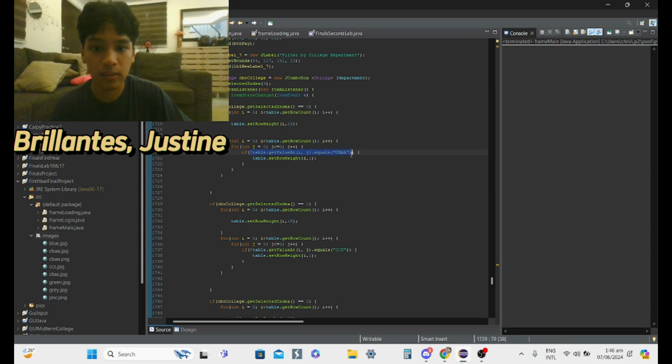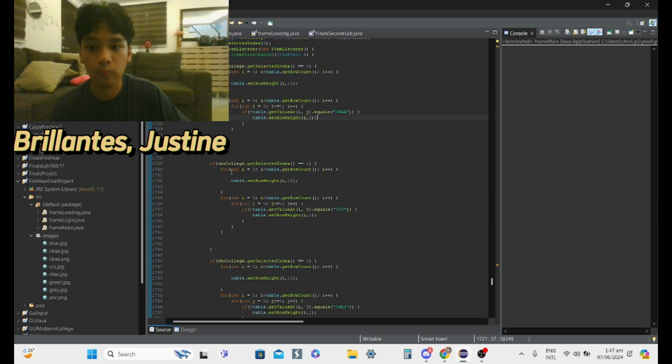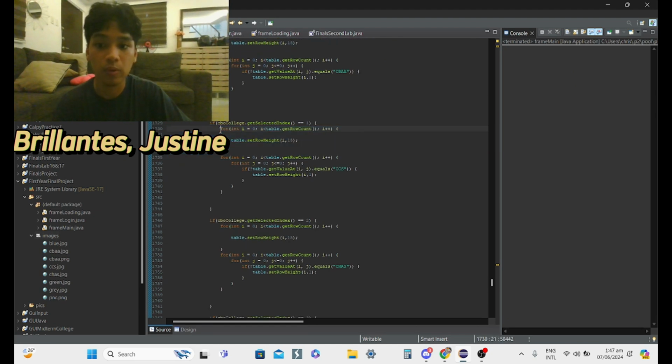So we check if a row in the first column is not CBAA, and if not, then we just hide that row by setting its row height to 1. When we select another combo box item, we return everything back to normal by setting the row height to normal.